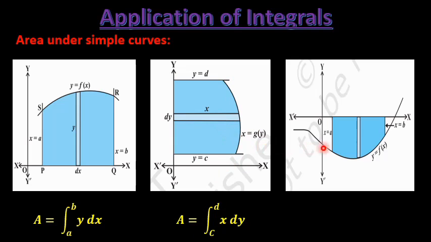While calculating the area, sometimes it may happen that the total area you will get will be negative. In that case, you need to take the absolute value only. So in the third case here, there is a chance of getting a negative answer. So we put the modulus in order to make it positive.